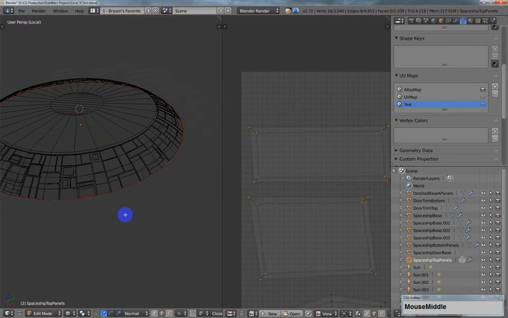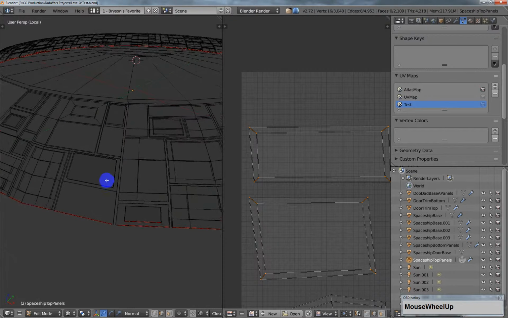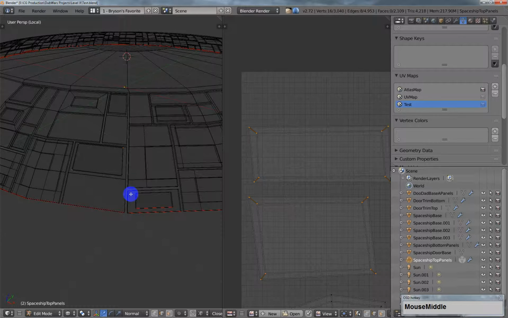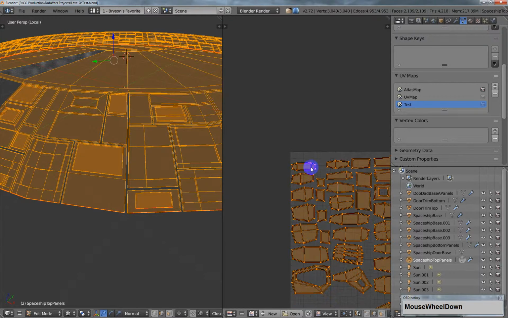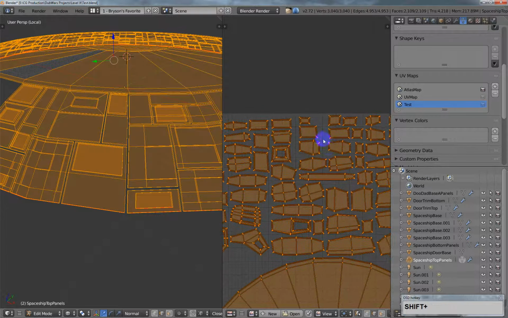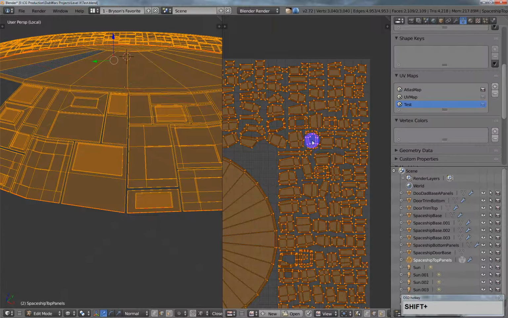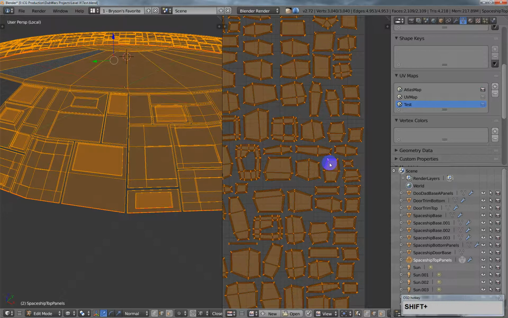I come over here, and now they're selected in the model. I don't know if you can see that or not. Then I can say Control E, and Mark Seam, and then select the entire model and say Unwrap, and then it's actually relocated them, but somewhere in this mess of UVs I've now got some flattened. I thought I could find them. Anyway,